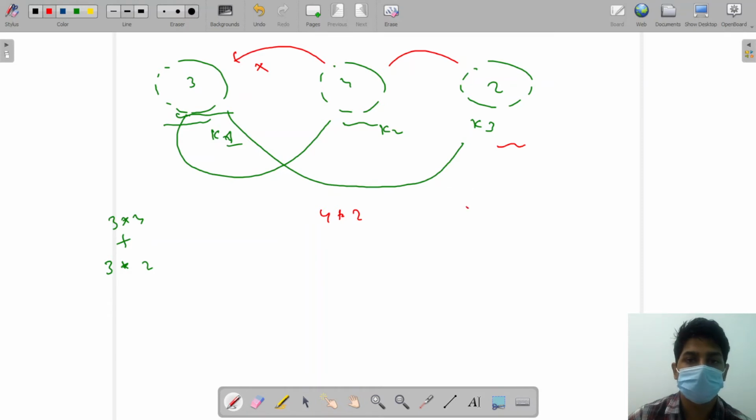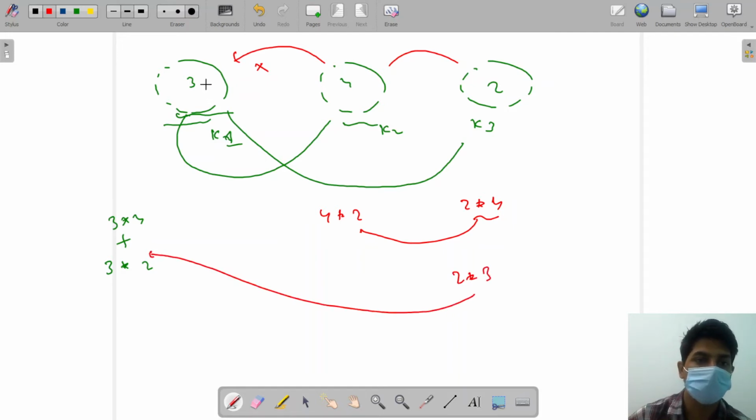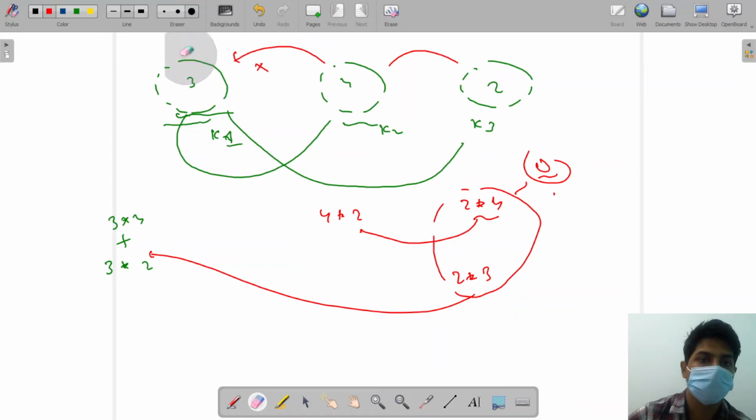Now come to this particular node 2. 2 cannot pair up with 4 because it is exactly same as this one. 2 cannot pair up with 3 because it is exactly same as this. We have counted here for 3 and 2, so 2 and 3 will be duplicate, so we will not add for 2. Nothing will be there for this particular 2, so we will get 0 from here. Finally we will add this one, this one, and this one, it will be our answer. So I think till now everything has been clear to you guys. Now let's move on to the coding part for this problem.